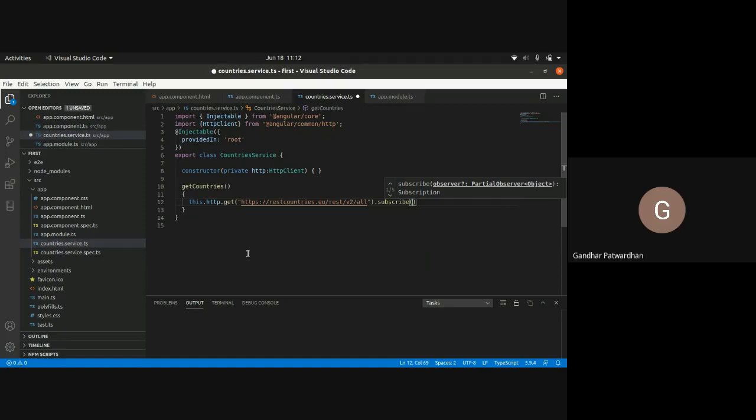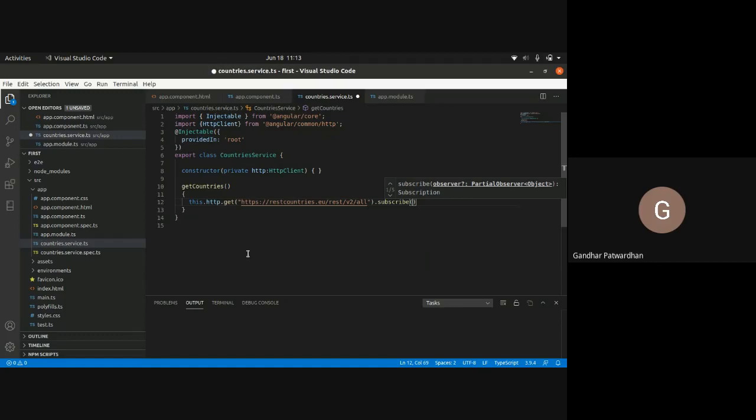The scenario is that since this is an external call, it means that you are calling something outside your application, right? So we never know how much time it would take to return the data, because that is an external application. There can be input output issues, it might have various issues, right? So what such APIs do is, they always send you an observable.